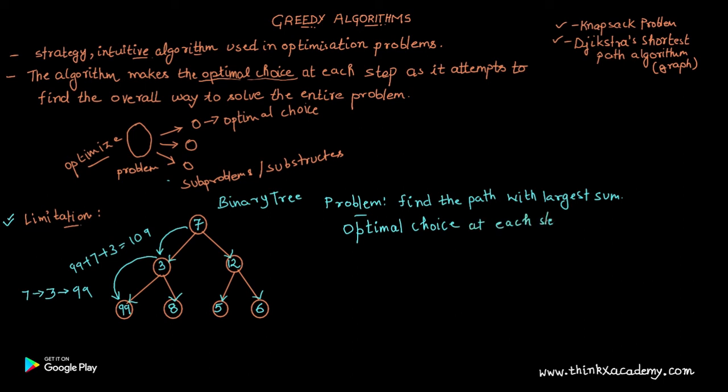So let's suppose the programmer says that I want to use the greedy algorithm. So now he says that if we are on this node 7, then what we are going to do is we are going to trace the next node which has a higher value than the previous one. Or you can say that because we want to make a decision here, what we are going to do is select the adjacent node which has more value than this one. So according to this, an optimal choice is